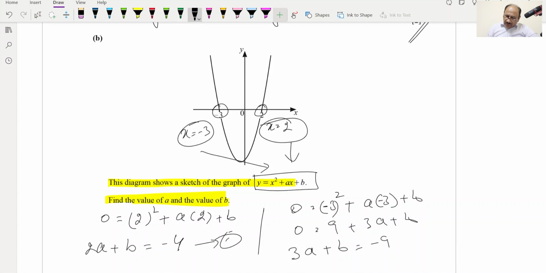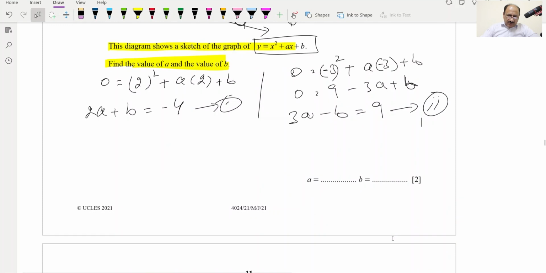So if we replace minus 3, minus 3 squared will be 9, but this value will be minus. So our equation will become 3a minus b is equal to 9. So this will be our equation. We can write it as second equation. So these two equations we can solve simultaneously, and I will copy over here, so it will be 3a minus b is equal to 9, and by adding,